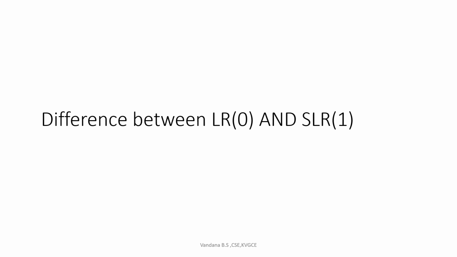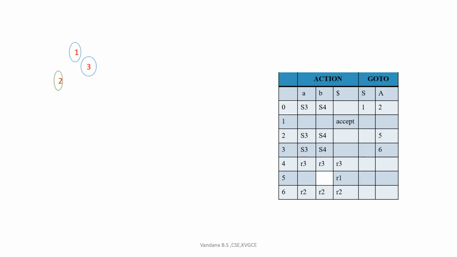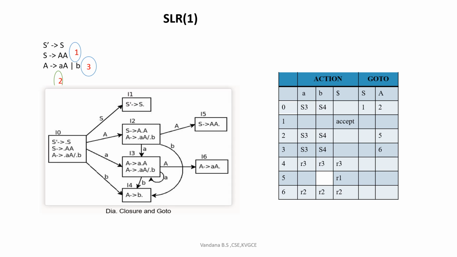So let us consider the same example and see how to construct the parsing table. See, everything is the same in the LR0 and SLR1 algorithm. Only the way of construction of the parsing table differs. Now let us consider this example for the SLR1 parser, the same grammar and the same transition diagram, no change at all. Now let us see how to construct the parsing table. As usual, the rows are numbered from 0 to 6, representing the states, and the columns represent the terminals as well as non-terminals, the action part and the go to part. So the change is only in the reduce mode.